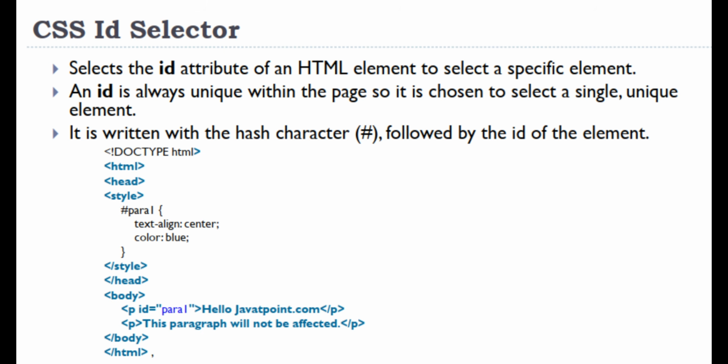<!DOCTYPE html><html><head><style>#para1 {text-align: center; color: blue;}</style></head><body><p id="para1">Hello javatpoint.com</p><p>This paragraph will not be affected.</p></body></html>